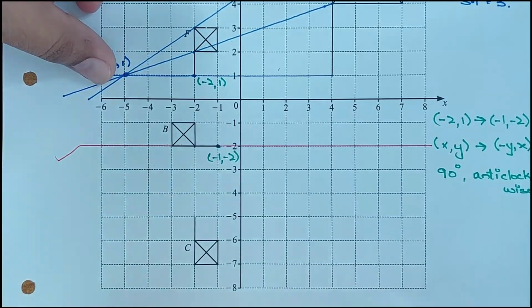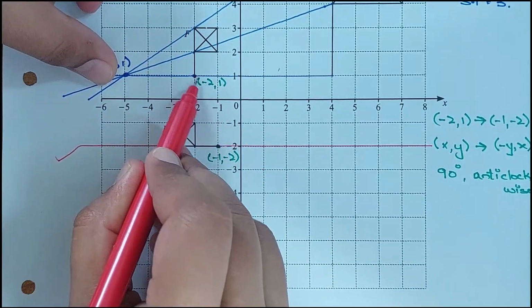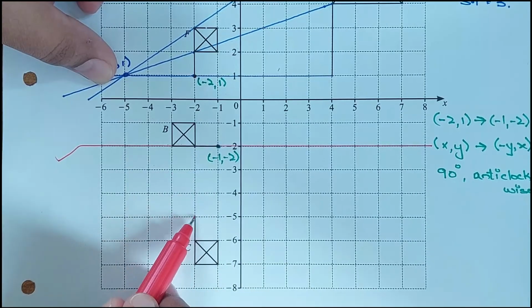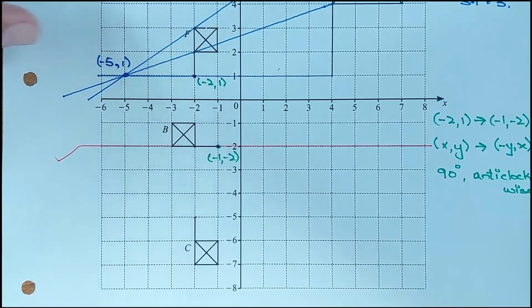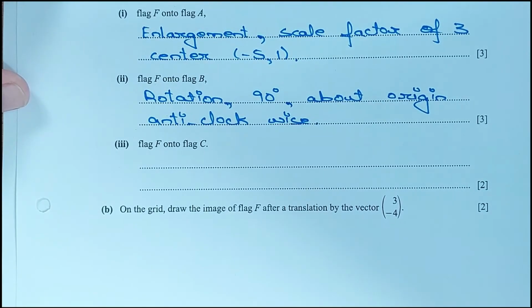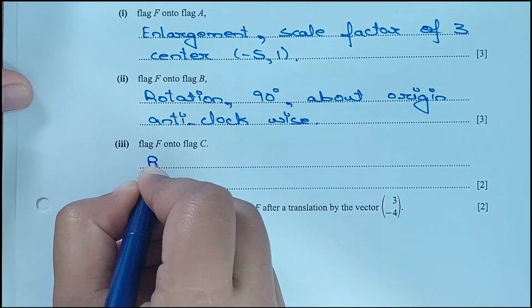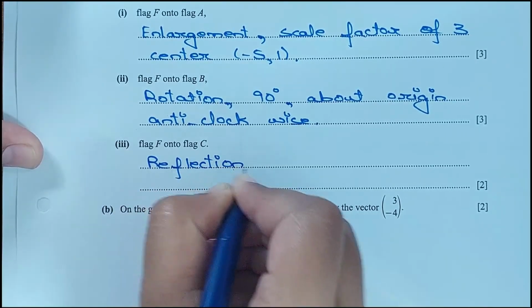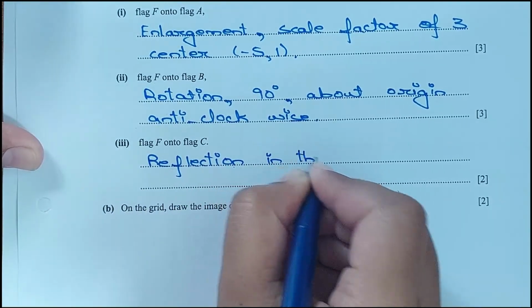Okay, so as you can see, this point has 1, 2 and 3 units from the line, and then 1, 2 and 3 units from the line. So it is a reflection along a line y equals -2. Okay, reflection in the line